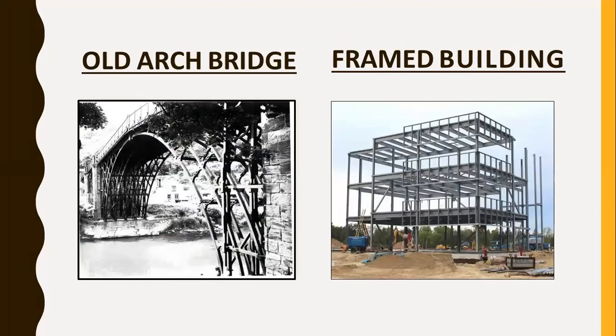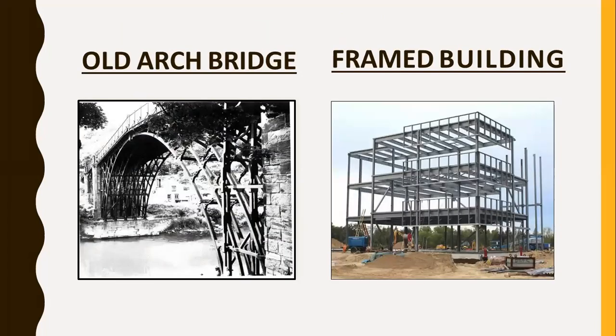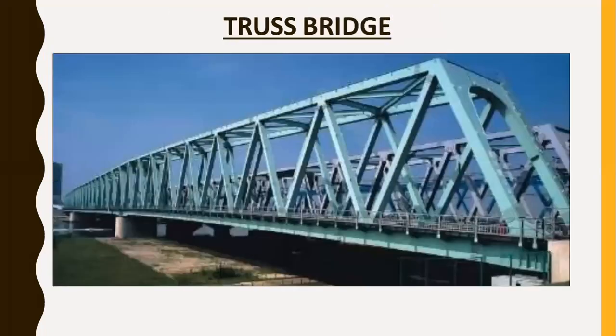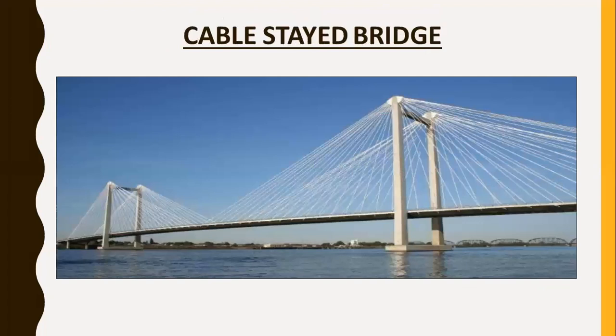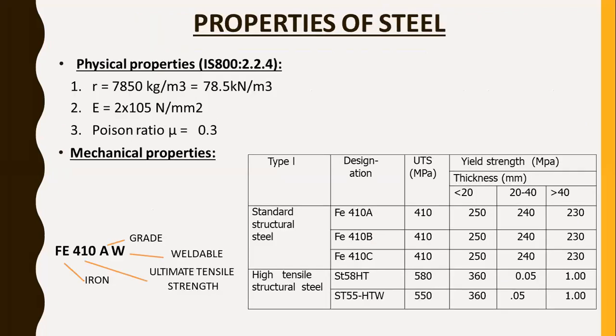We also covered what steel buildings and steel structures are available in which form, such as the bridge, building, industrial building, truss bridge, suspension bridge, cable-stayed bridge, right? And the advantages and disadvantages of the steel structure, mostly compared to concrete structures. And then going forward, properties of the steel, which are the physical properties and mechanical properties, in which we identify